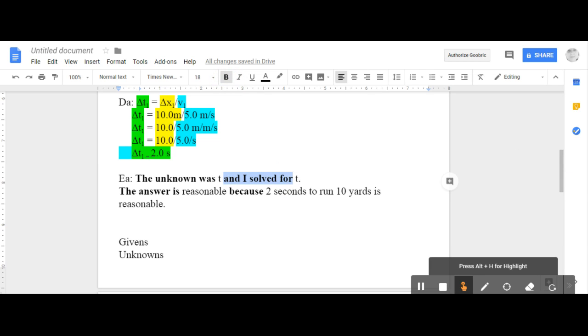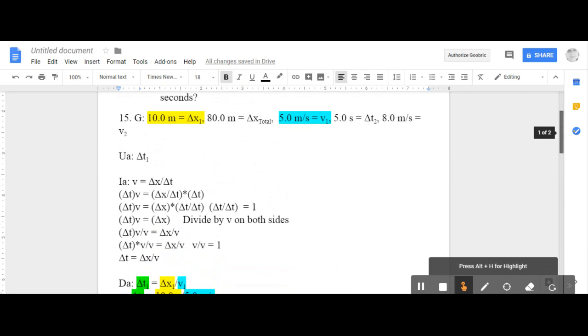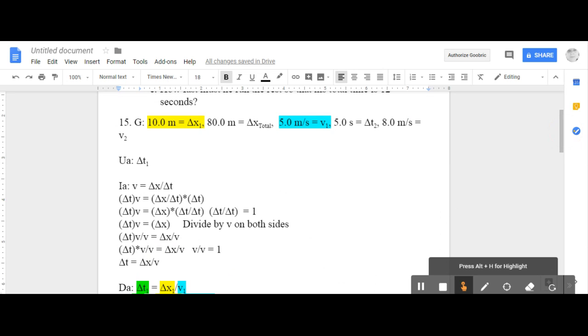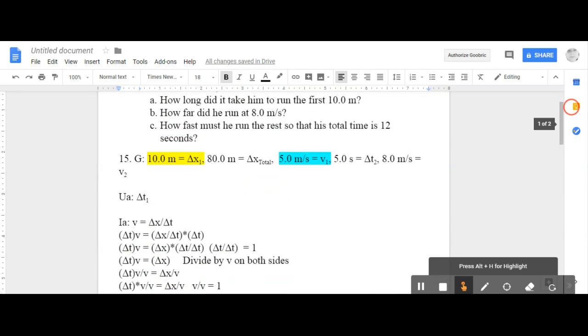So if you evaluate correctly or appropriately, and you did your givens, right? So evaluating is worth 20 points. Doing your givens is worth 20 points. Your unknown is worth